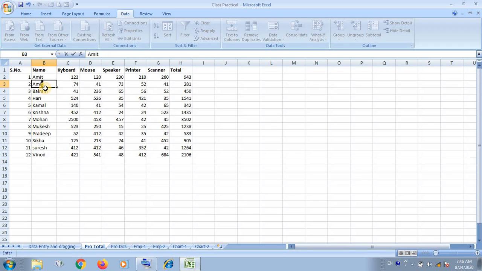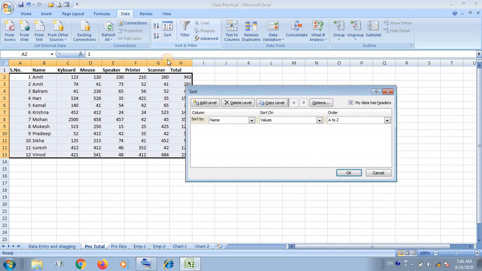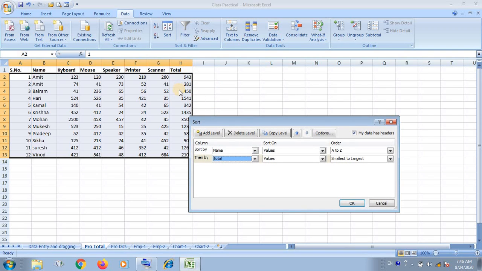I have changed this, it is also Amit. Now which Amit will come first? Then we have to use another level after name. Suppose I have selected the total, and the one whose total number of items is highest will be listed on top.